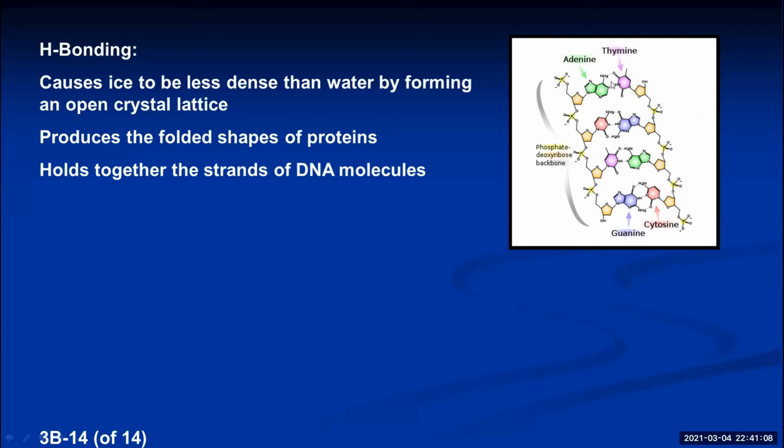Adenine and thymine have a nitrogen and an oxygen, and they form hydrogen bonds with hydrogens on the opposite base. 2 hydrogen bonds hold those together. But guanine and cytosine are lined up perfectly to make 3 hydrogen bonds in a row. It's hydrogen bonding that hooks the 2 strands of DNA together. So hydrogen bonding, very important in biological systems. It'll be important in a lot of just the chemistry that we're going to do for a lot of the remaining of the semester and actually this course.